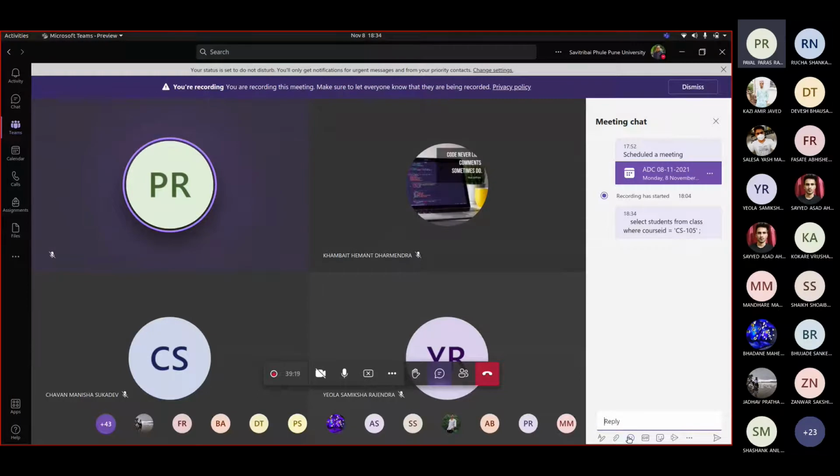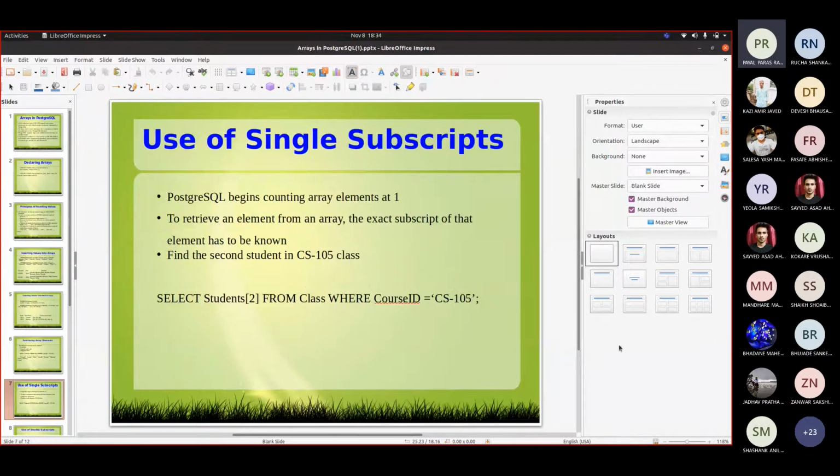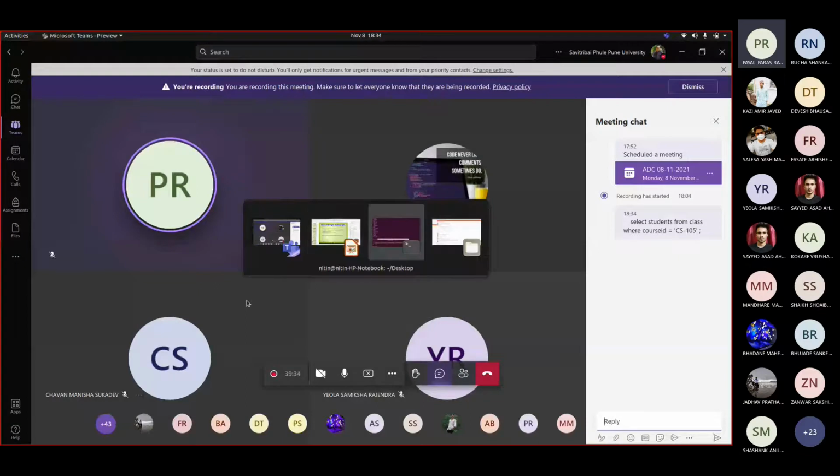Now let us see another version of selection. If I have to make use of a subscript, say I want student number 2 in that array. For example, I have this record.